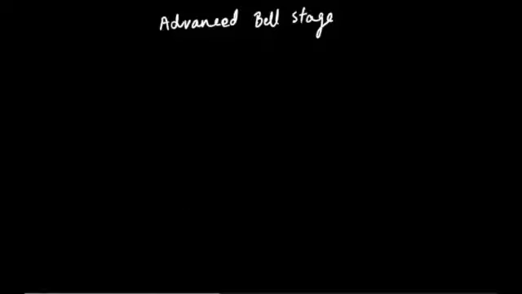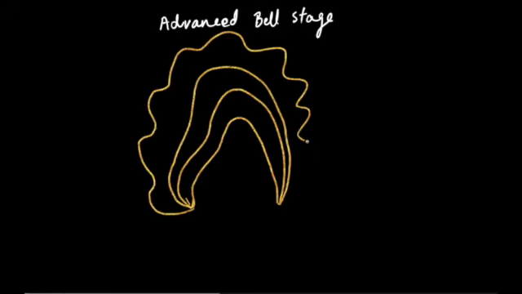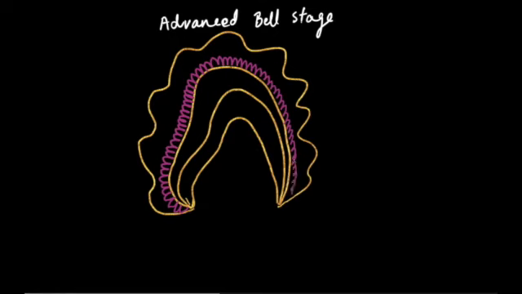For the advanced bell stage, I have taken a new slide because I feel that this needs a little bit of explanation and clarity in the drawing. Now I'm drawing these layers just like this. You will need to draw later. The two important events happening during the advanced bell stage are the formation of hard tissues and reversal of nutrition due to the formation of hard tissues. The cells that I have drawn here are the ameloblasts, and these are the outer enamel epithelial cells, labeling of which we will be doing later.